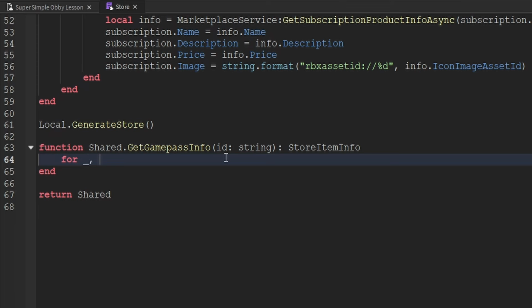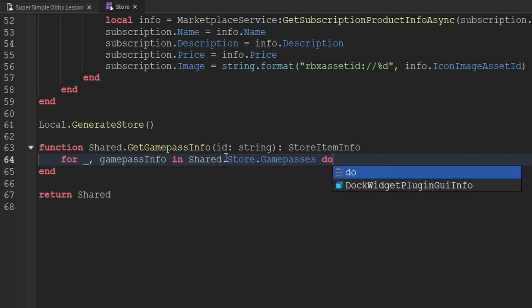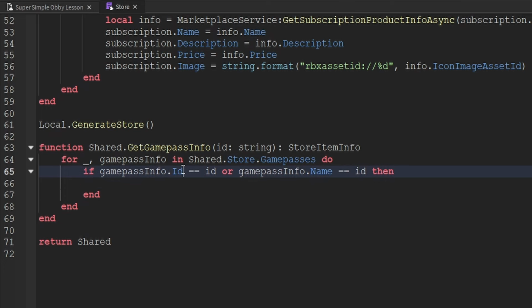So we're going to say for _, gamepassInfo in shared.store.gamepasses do. Then what we want to do is check if the gamepassInfo.id is the same as the id that's been passed through to here. Or we would like to check if the gamepassInfo.name is the same as the id which was passed to here as well. Now this might seem a little bit weird because we're comparing the ID to the ID, or we're comparing the name to the ID,